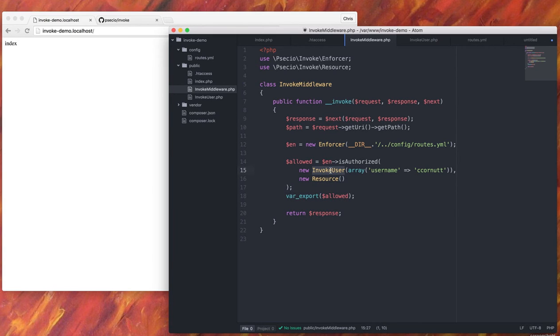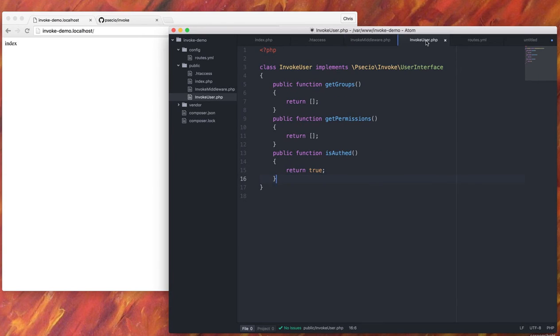Then if you'll also notice, there's this invoke user. Now, this is an interface that you'll have to drop your user inside of and create kind of a wrapper class around it. This invoke user that I have over here just basically implements this user interface. Right now it just defines a get groups, a get permissions, and an isAuth method inside of that interface that